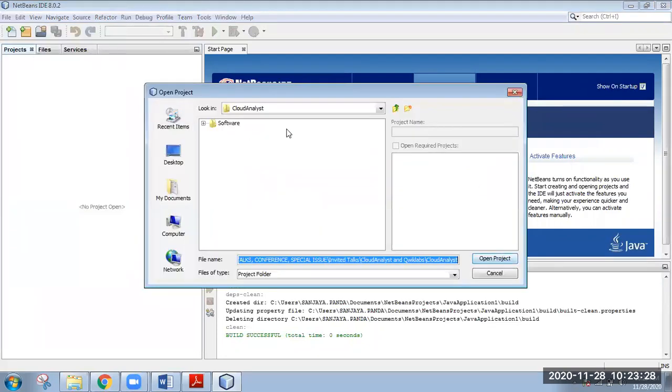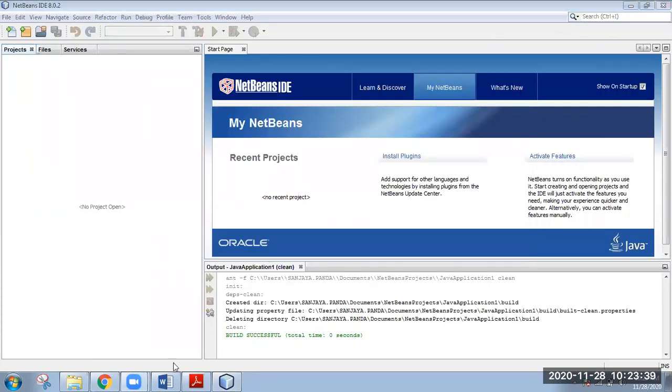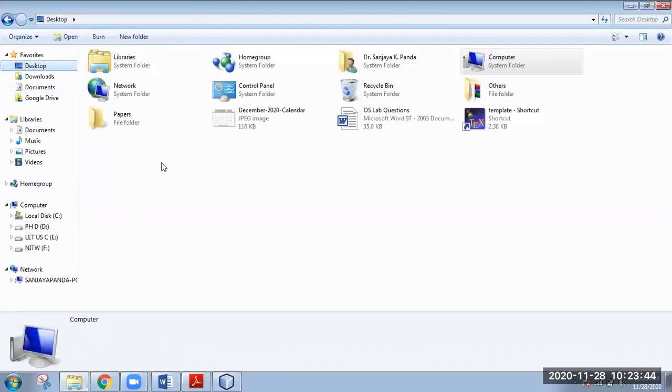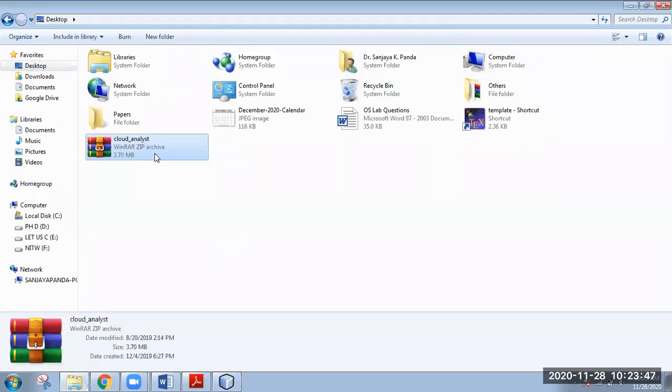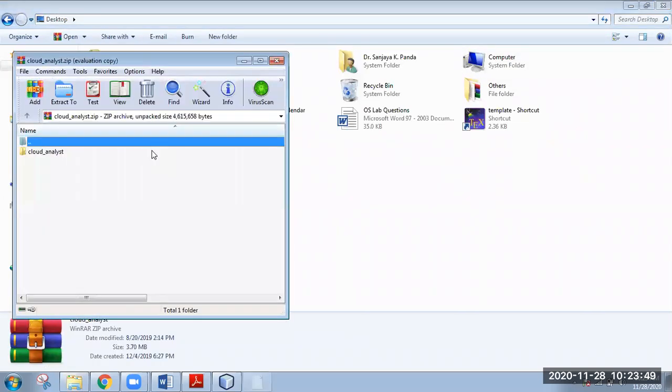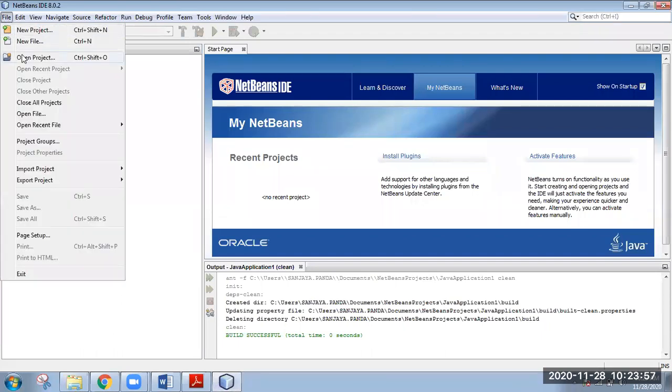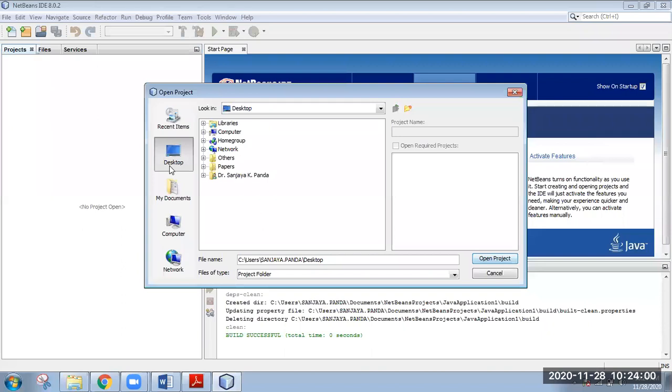Just a minute. Otherwise, you paste that zip file onto your desktop. We have to open this file, right? That is our objective. It's not locating.